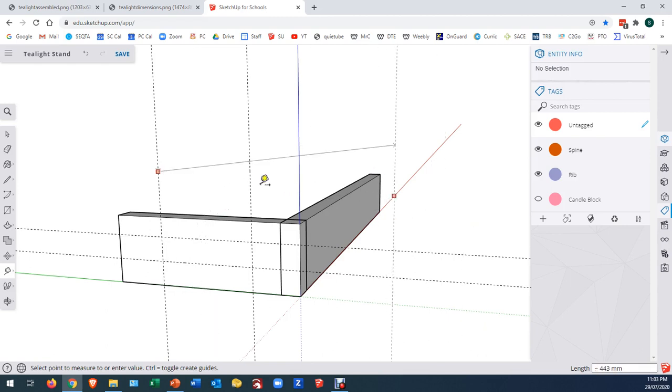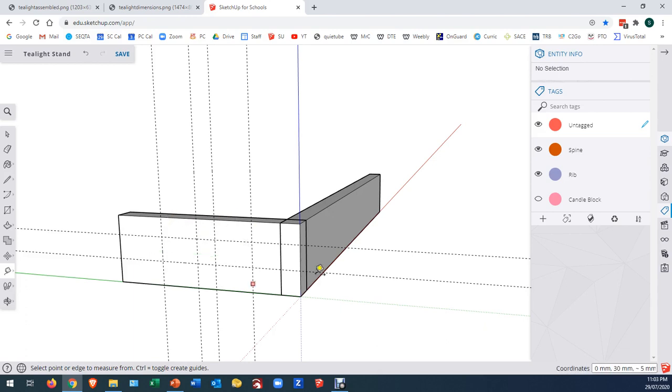I don't want it along the red, I want it along the green, and I'm going to pull that 24, and I'm going to do that again, and I'm going to come across 12. Now I can then cut out the pieces that I need to cut out from this shape, but I need to edit the actual